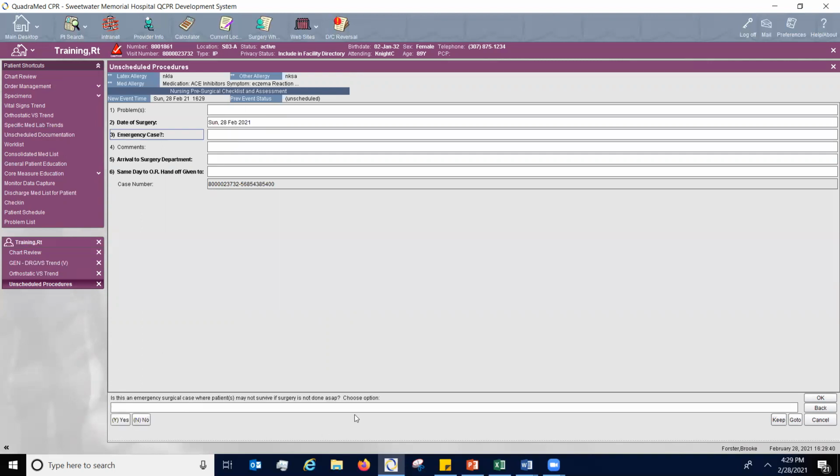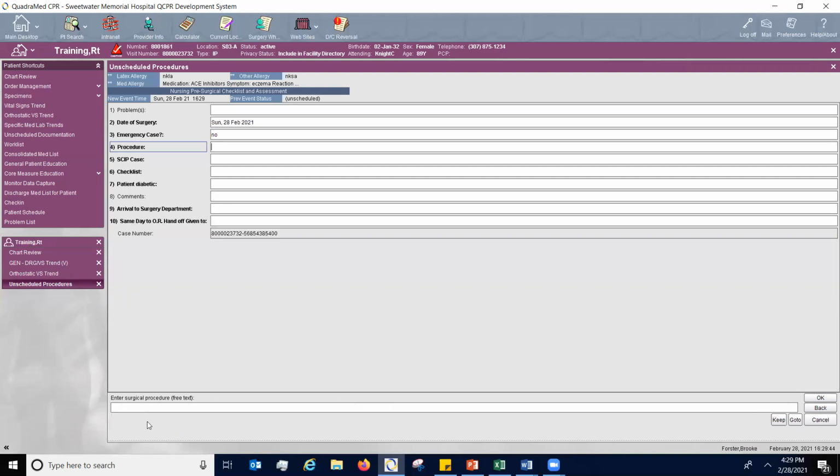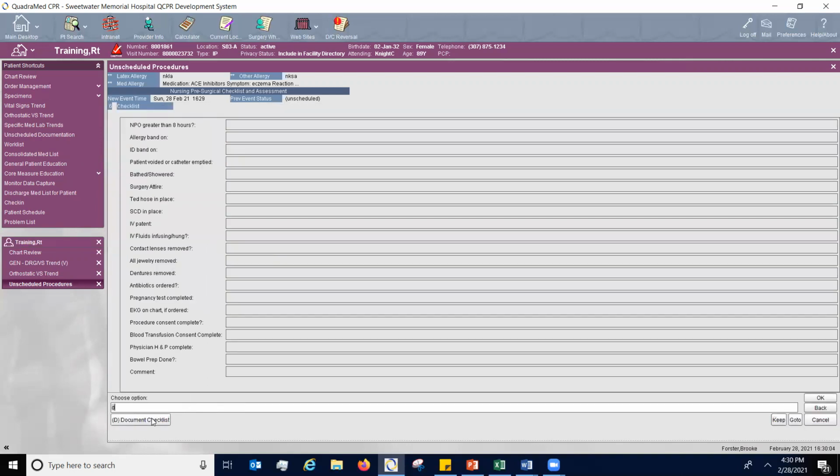Emergency case, again, we're looking at our transaction down here. I'm going to say no. Procedures, this is a free text, and we know that again because of this transaction line that now says free text. So I'm just going to simply put testing and enter. Skip case, I can choose to click on no or choose N for no, and okay. Checklist. Now, we just went into that field that said checklist, and it opened up a much